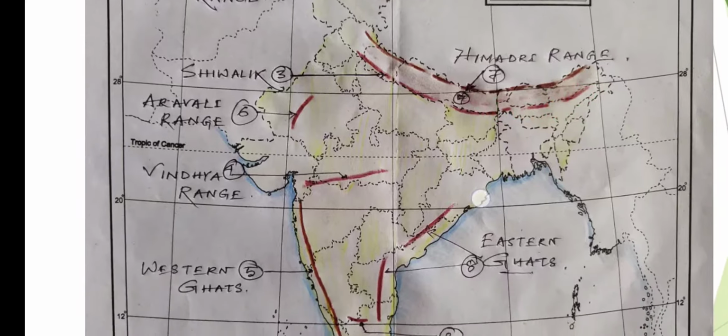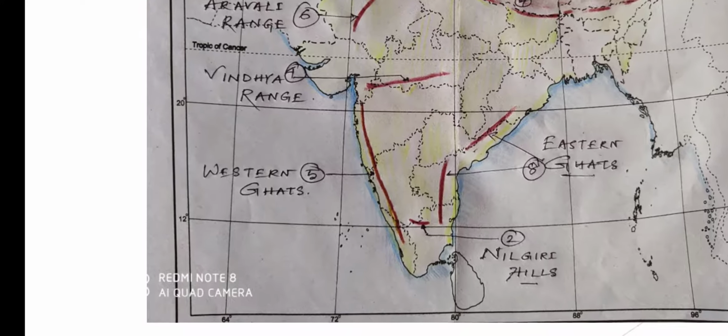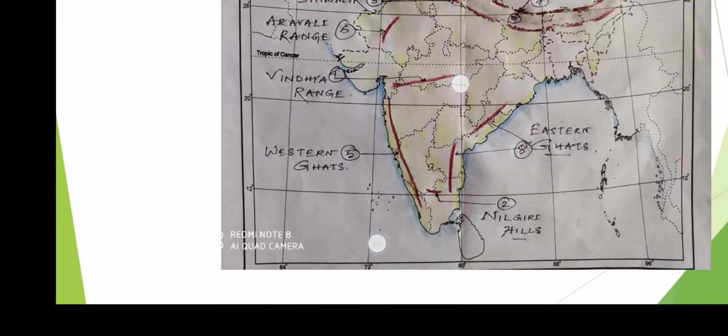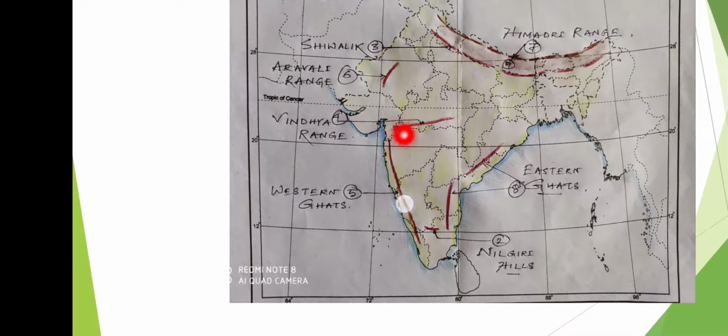The fourth question is about the mountain range which separates the northern part of India from the southern part. Here you can see the Vindhya range. This part is the northern part and this one is the southern part. It divides India into two parts. Another mountain range, Satpura, also lies parallel to the Vindhya. You can mark either one. I have taken the Vindhya, given number 4 and marked it. So this one is the Vindhya range.